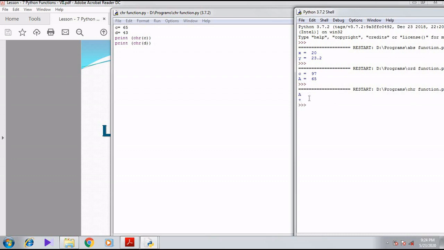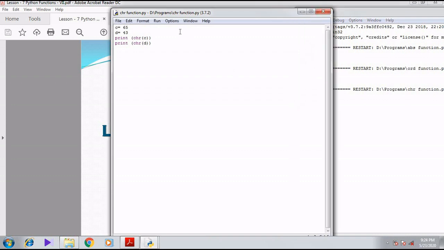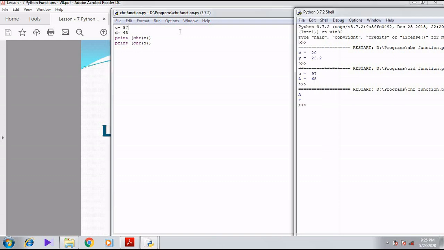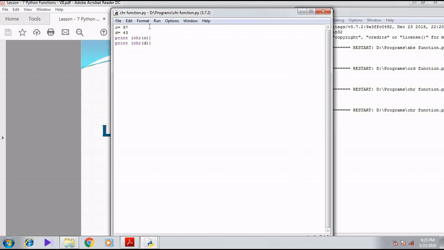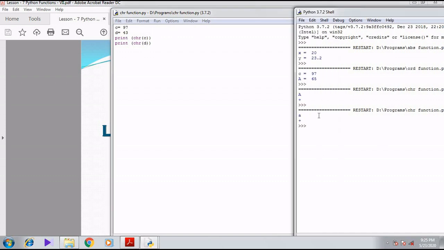Can you see the output? For example, if I change 65 to 97, save the program, and then press F5, instead of capital A, it shows small a. Can you see this? I have changed the ASCII value, so based on that, it changes to a Unicode character.